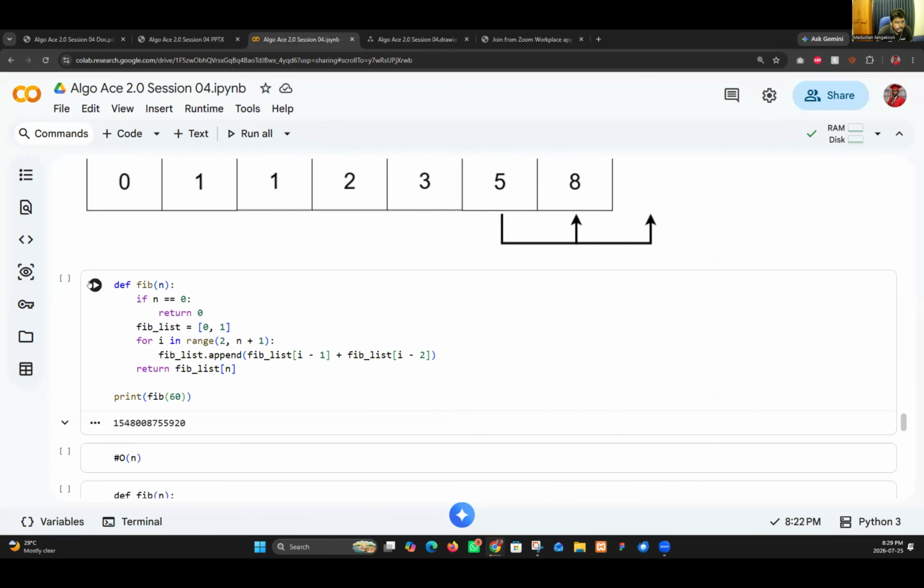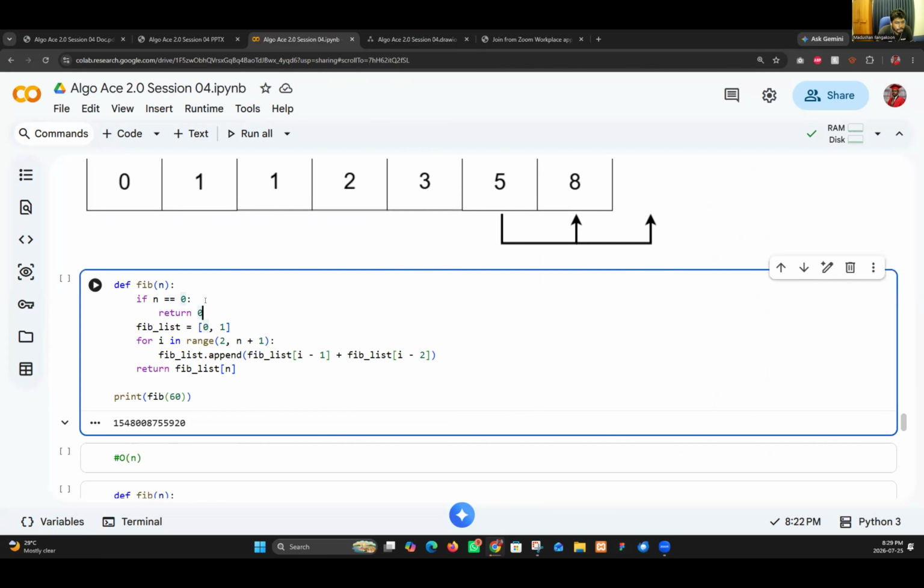So what happened? The same thing, but if n is 0, you need to return 0. We consider it that way. Rather than using the previous way, we're going to use an array.